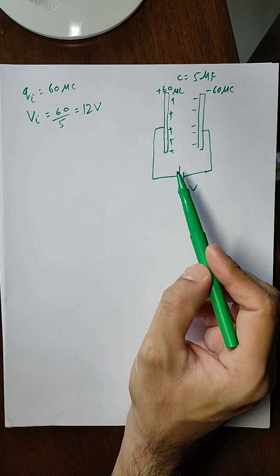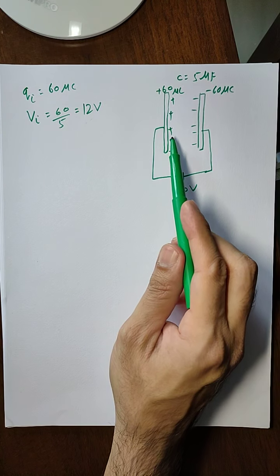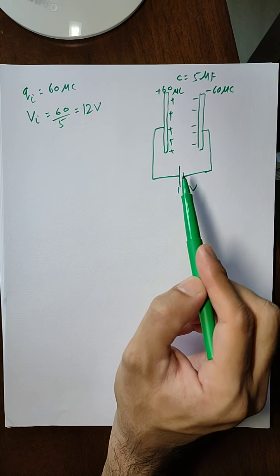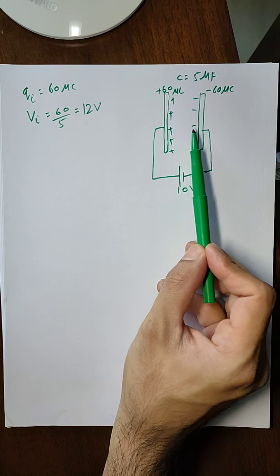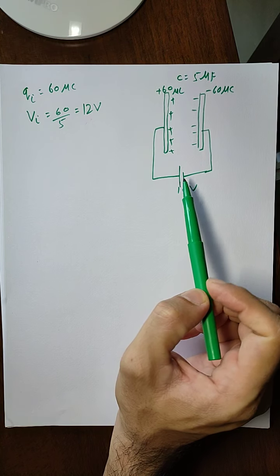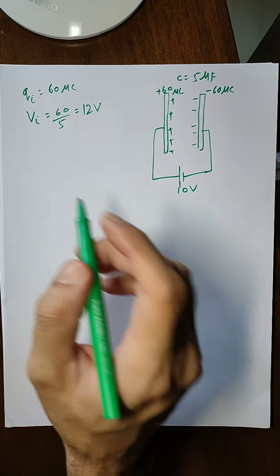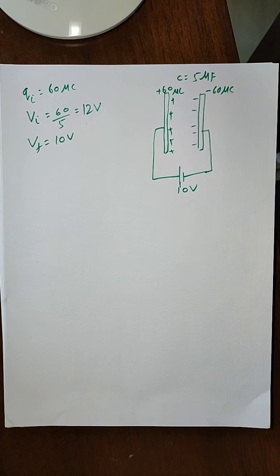So in this question, instead of work done by the battery on the system, the system will do work on the battery. So there is a difference of plus and minus sign here. In this question, the battery will not do the work. Instead, this system will do work on the battery. Now, let us say to achieve the steady state of this, our final potential has to be 10 volt because the battery is 10 volt.